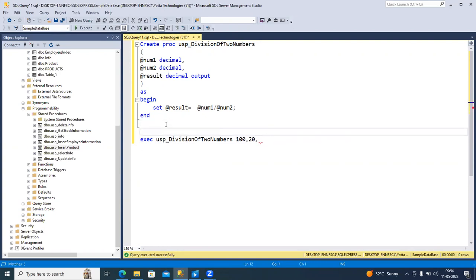So if you have an output variable, just declare another variable here, say anything like @R1, which is of decimal type. And what I do is I will say @R1 as the output parameter,